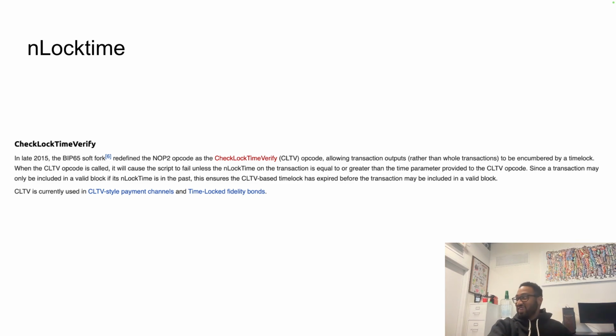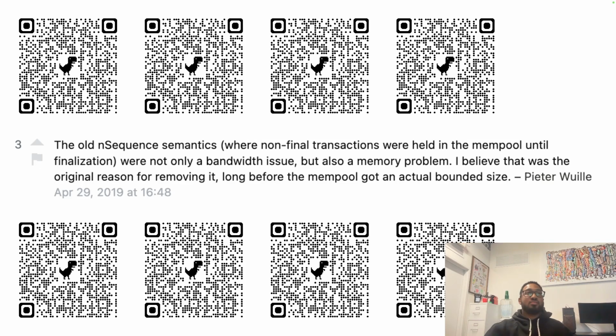Wait, so if you go back a slide, what is he talking about there? Long before the mempool got an actual bounded size. Yeah, now there's a default size for mempool. Okay. Yeah, but you can make it as big as you want. There's a default size that's put into the code. Okay, so now everybody has a default, whereas maybe back in the day it was like whatever.